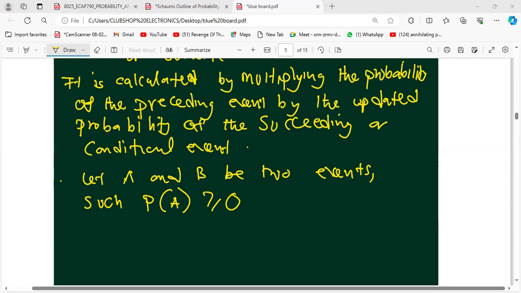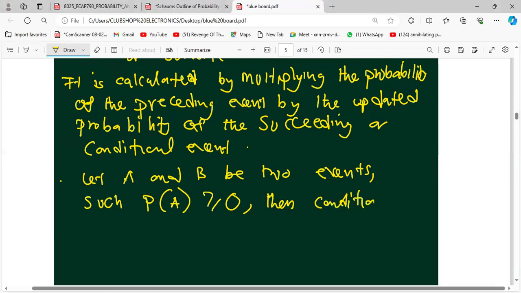So now we can look at some examples and maybe a scenario. We're saying let A and B be two events such that P(A) is greater than or equal to 0. Okay, then